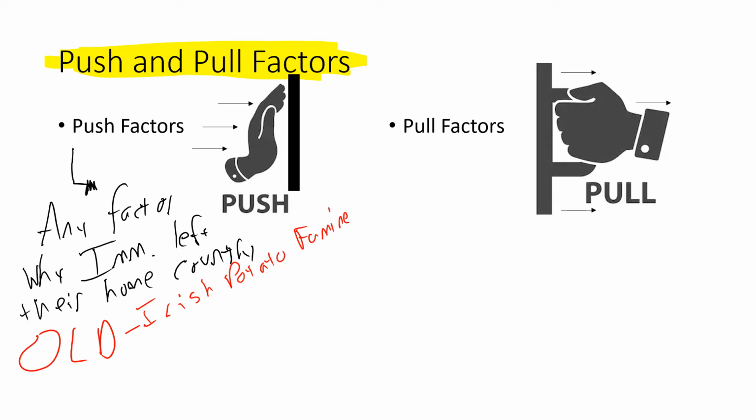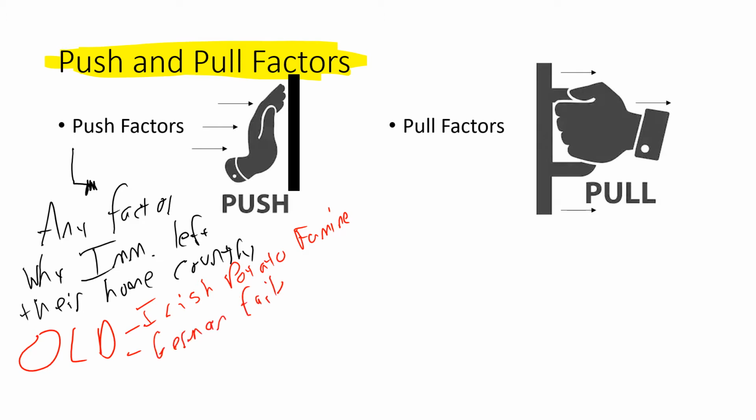So in Ireland, the entire crop of potatoes, which is the major food that Irish people were eating at this time period, failed. And so rather than sit there and starve, Irish people immigrate to America. So this famine is going to push Irish people out of Ireland, and they're going to come to the United States. The other big push factor for these old immigrants happened in Germany, and it was a German